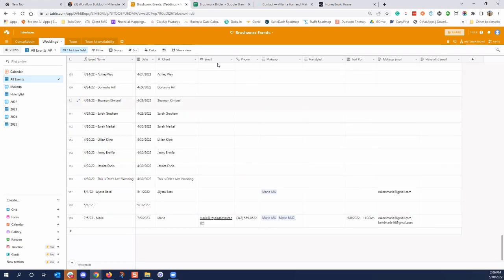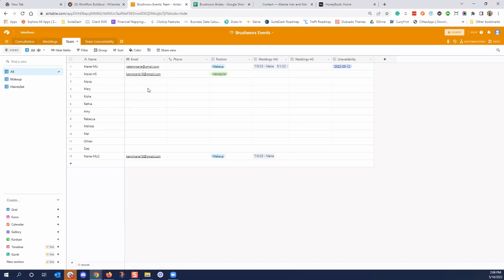Then there's the email, the phone number, and whoever is going to be the solidified makeup artist. I've created a team section over here. For this team section, I would need their email address and phone number, because I know she wanted to notify them each time they were added to or taken away from something. I'm customizing this currently, but I can send an automatic email to say, hey, you've been assigned to XYZ wedding. That will be their notification.